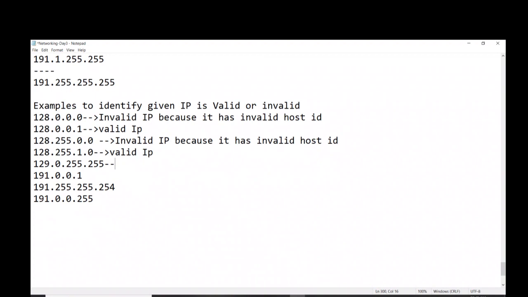Is it valid? No, sir, invalid. What is this? Which type of address is this? Broadcast address. Yes, it's a broadcast. You cannot say invalid; you say broadcast IP address. Or given network